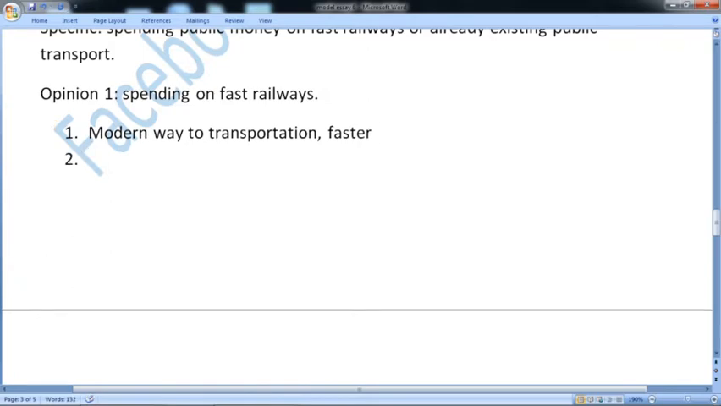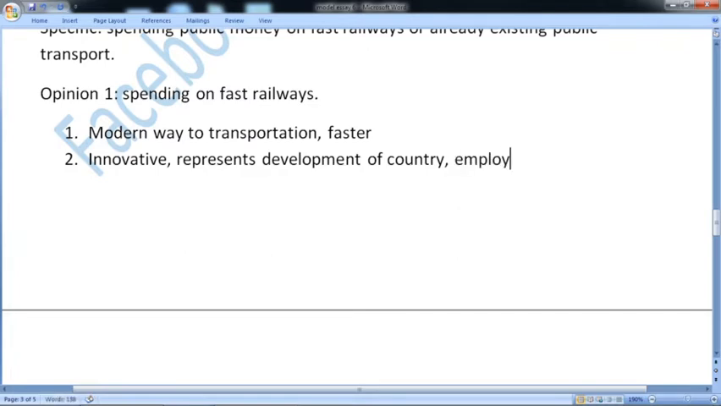Number two is innovative, represents a economy or development of a country. A country can take pride. Employment. When we will construct, there will be employment opportunities. Something like that you can think about. And the opinion two is